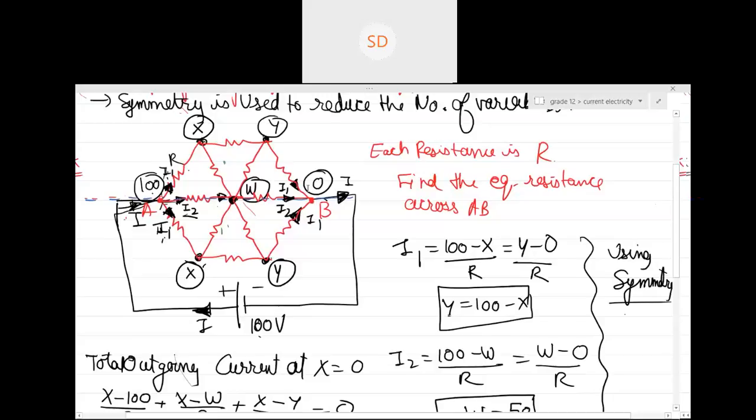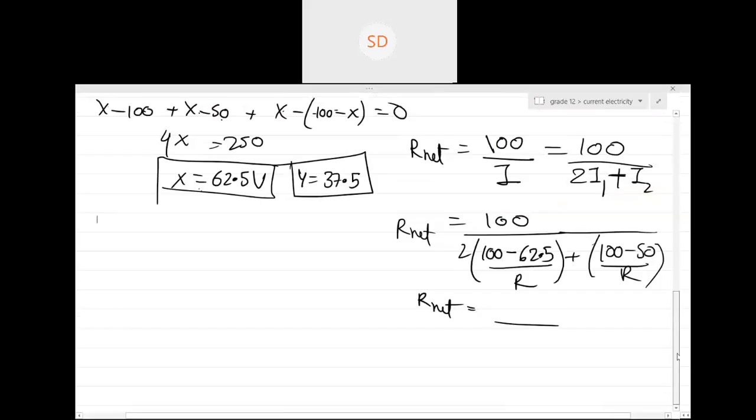Okay? Now if anyone tells you to find out the current through this resistor, you can see the current through this resistor will be y minus w, right? Divided by r. So you can do it easily. But anyways, when you solve it, the final answer should come as 4r by. You can use the calculator if you want. I'm not interested in the calculation part. When you solve it, it will be like 100 r by 127.